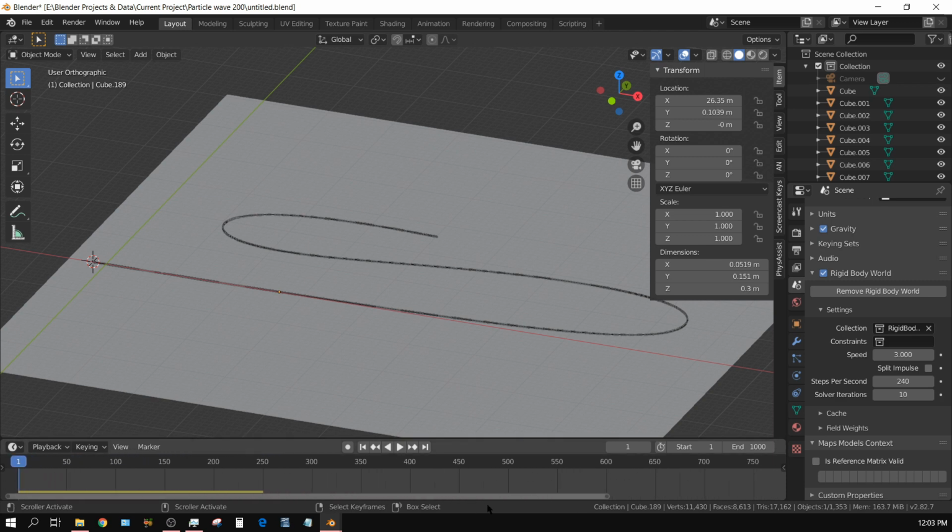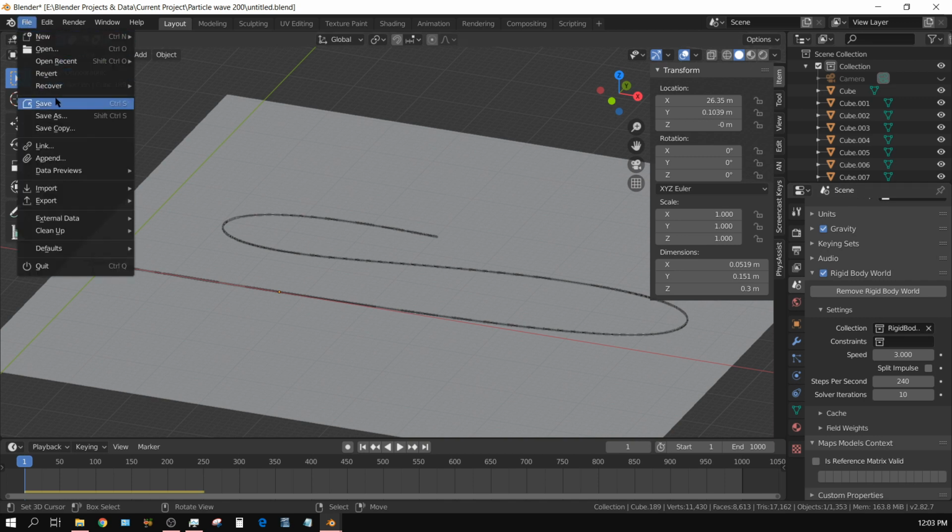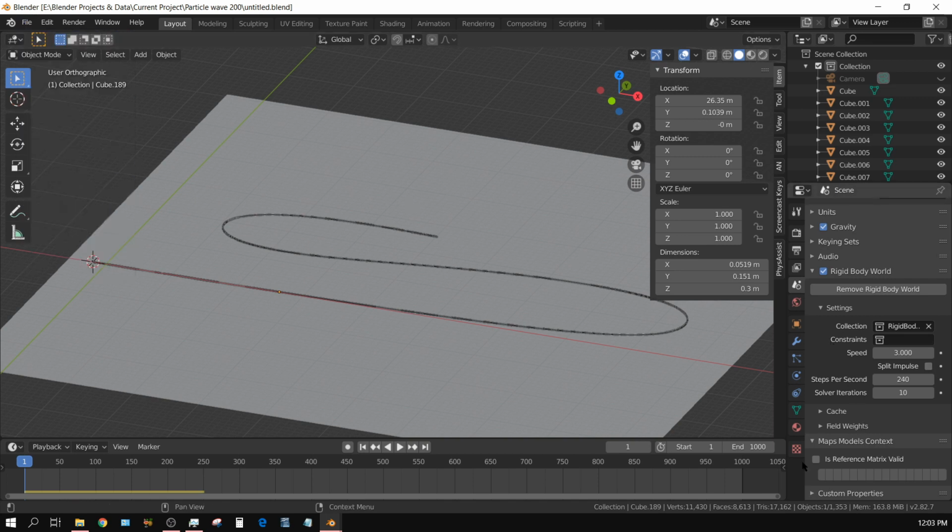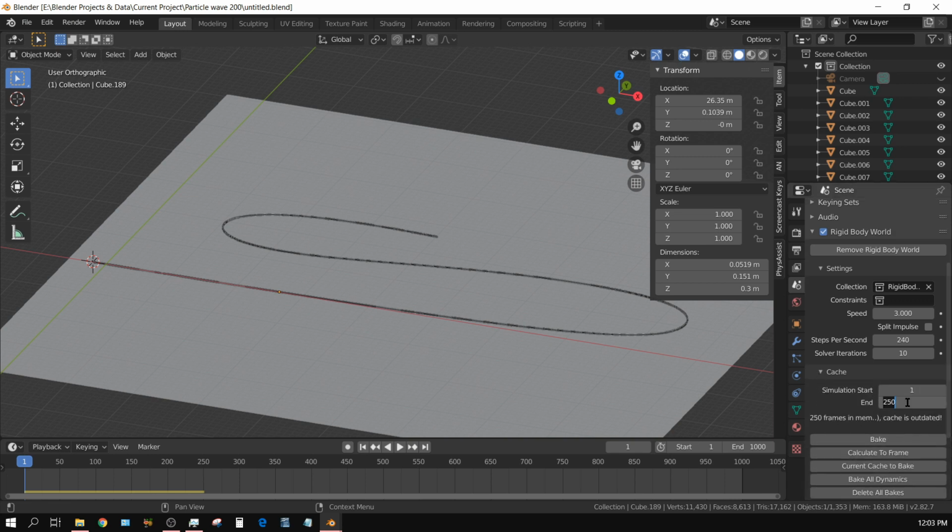So I'm just going to guess that. Now, make your own determination, your own educated guess based on yours. But I'm going to go ahead and press File, Save, and I'm going to come down here to the cache, change this to 1000,